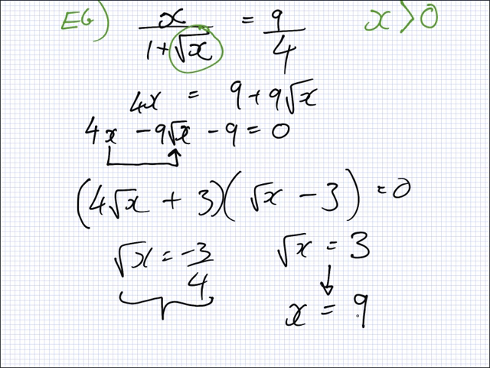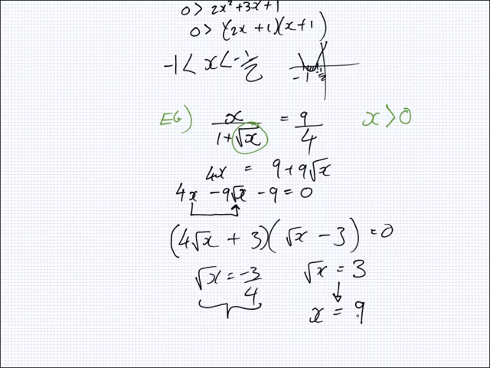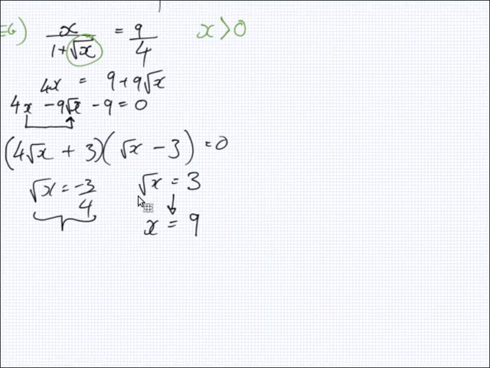Now, the only problem with this method is it seems to me that I've missed the second answer, but it's possible that your second answer might not work. So what was the second answer when you used the squaring method? You got 9 and 9 over 16. Yeah. So, okay, we all agree that 9 is an answer, but let's check if 9 over 16 is an